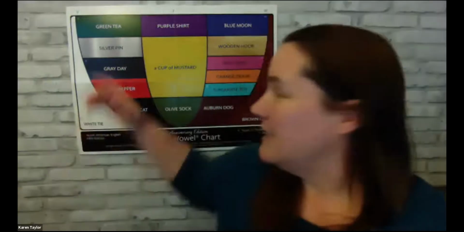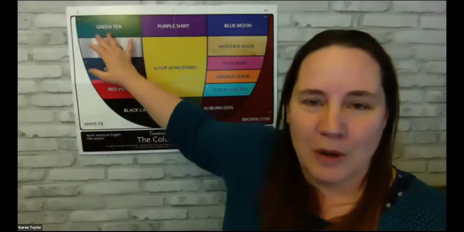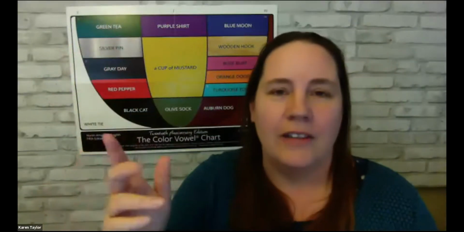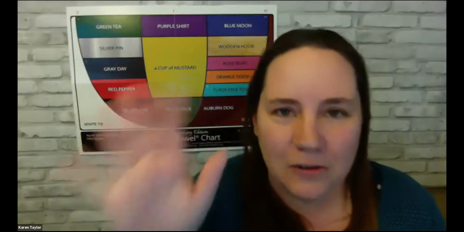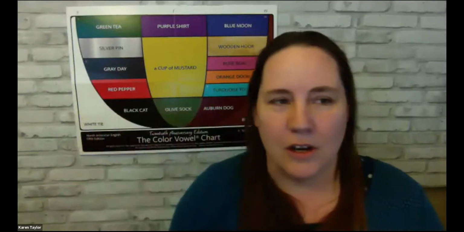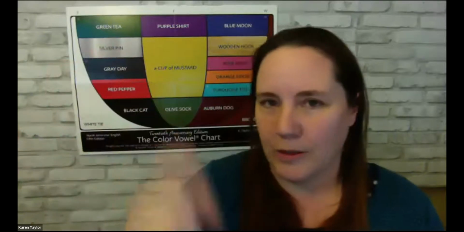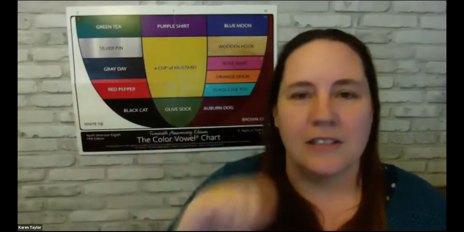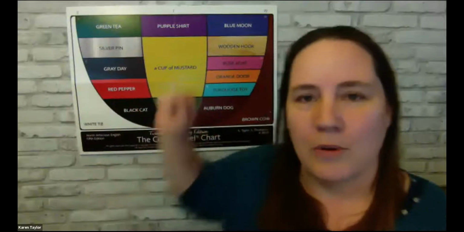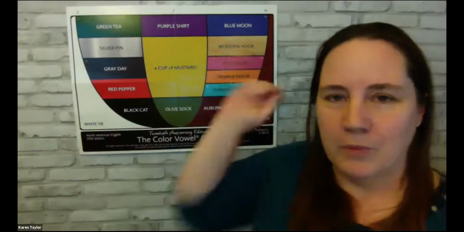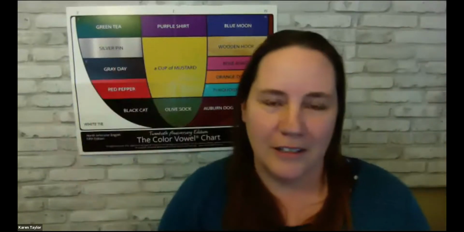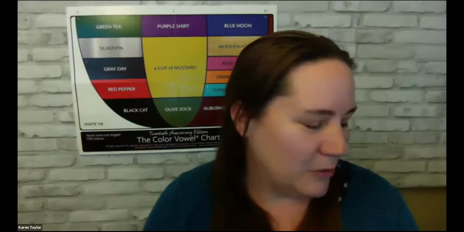Once again, the idea is that each phrase on the chart represents a vowel sound that is in a word at its stressed location. So today is the month of June, a one syllable word, and June is Ju-oo-oo-oo, that would be a blue moon word. Blue moon, June, right? And next month will be July.